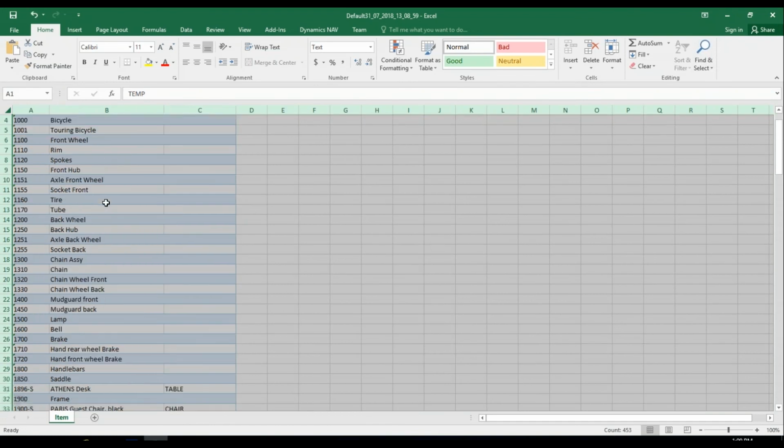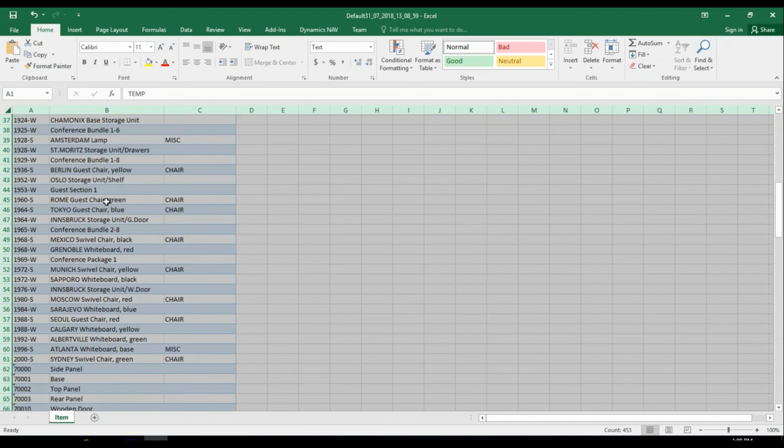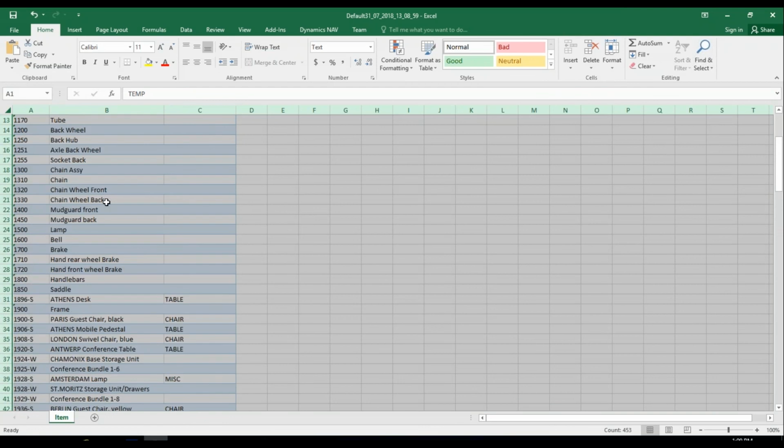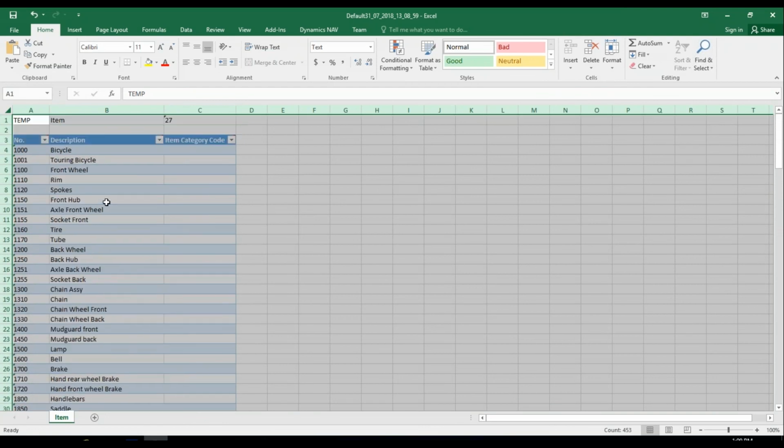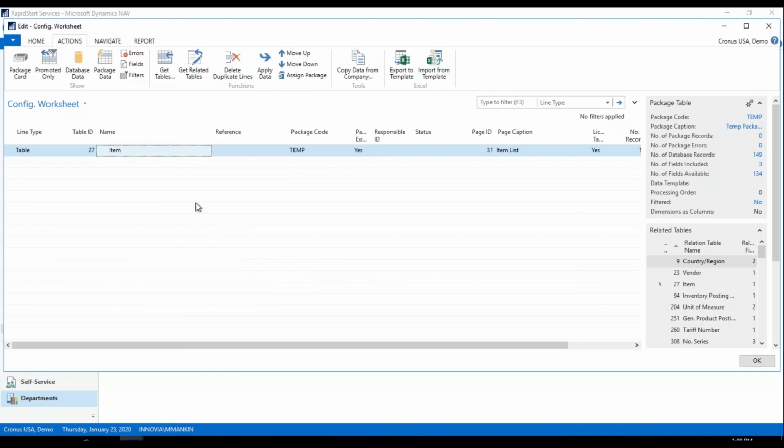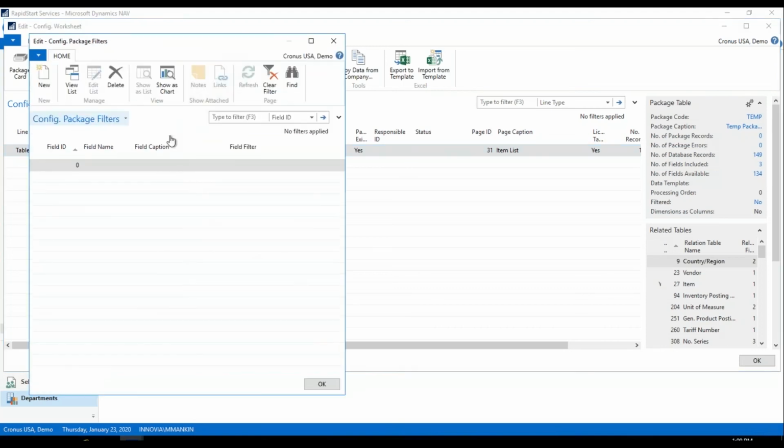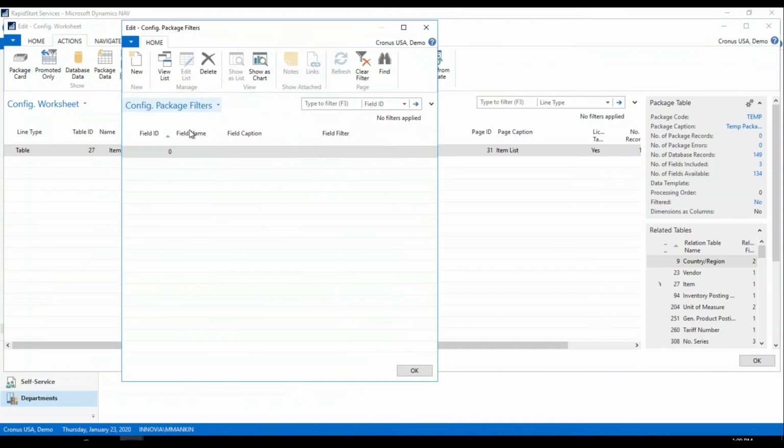Now you'll notice there's a lot more in here than I really wanted. Remember, we only added a few items. We're only cleaning up a few items. So instead of doing it this way, there is the option, I'm not going to save this, there is the option of adding a filter. This makes it a lot easier for you to clean up your data. So I'm going to add a filter